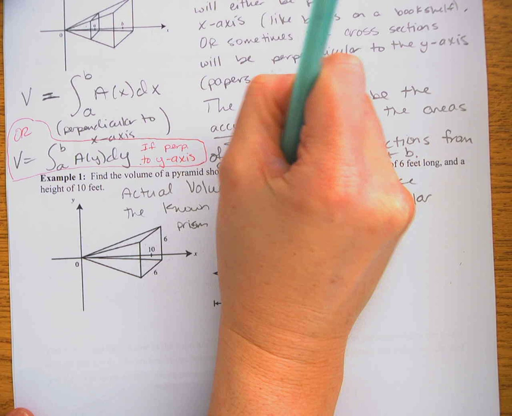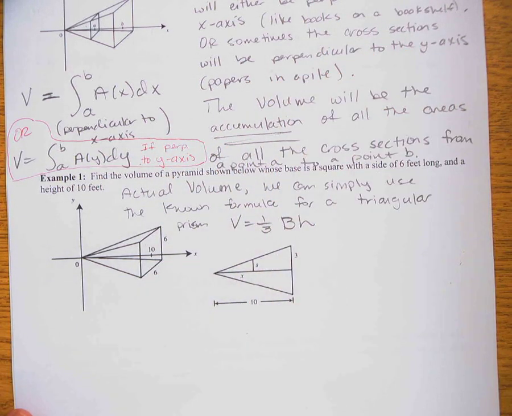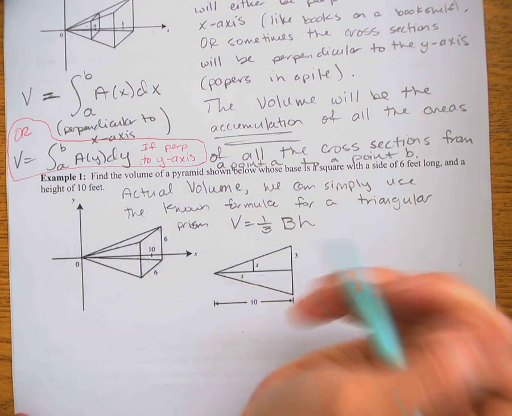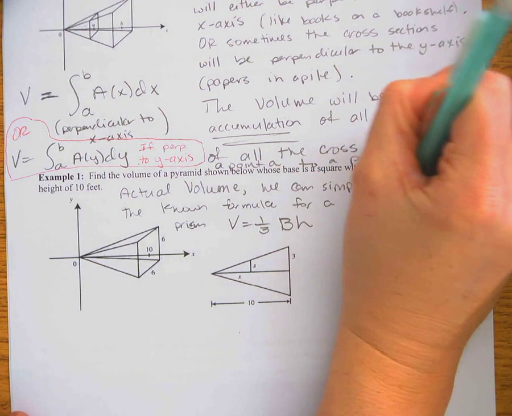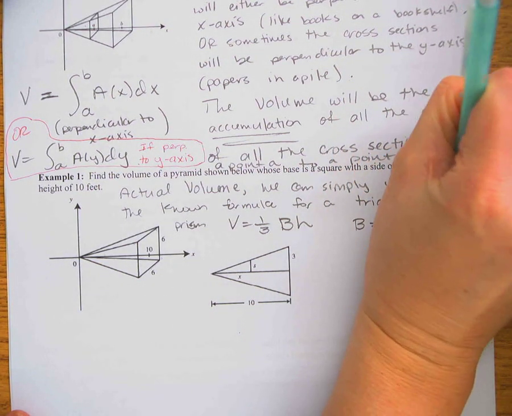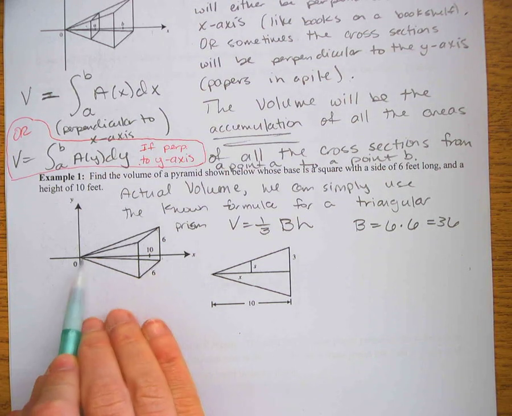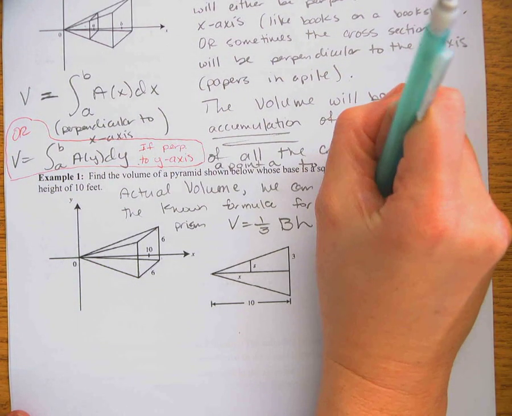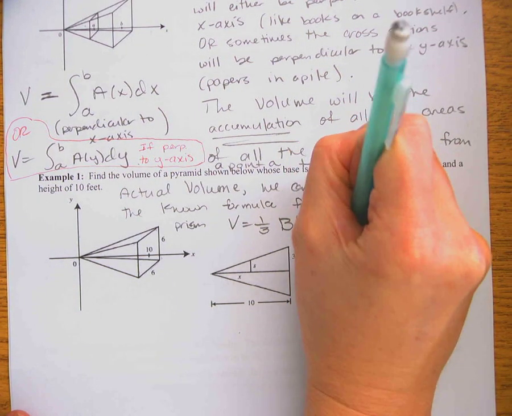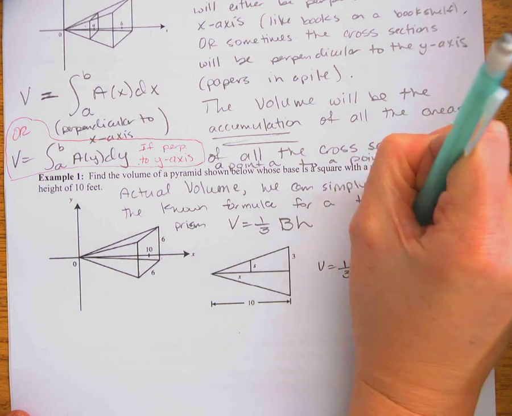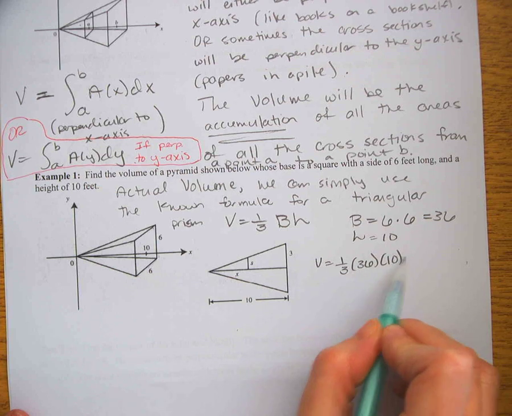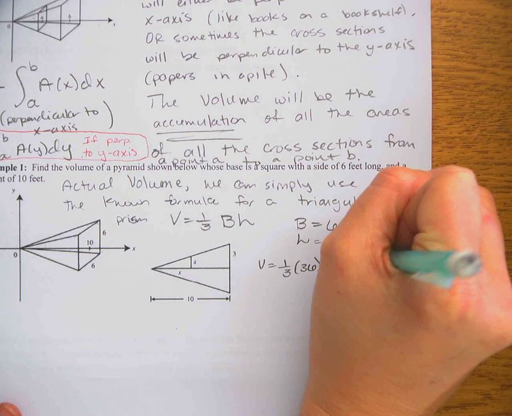And that is 1/3 times the area of the base times the height. So we can basically see that the area of the base is a square, a 6x6 square. So the area of the base is 6 times 6, which is 36. We can see from the fact that it goes from 0 to 10, or it shows us right here, that the height is 10. So the actual volume is just 1/3 times 36 times 10, which would just be 360 divided by 3, which is just 120